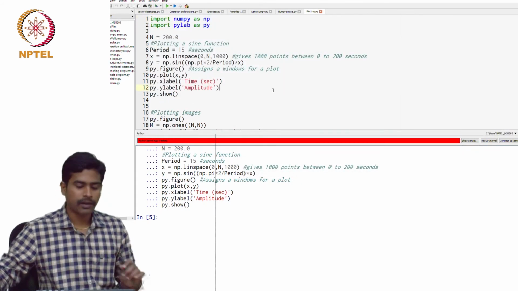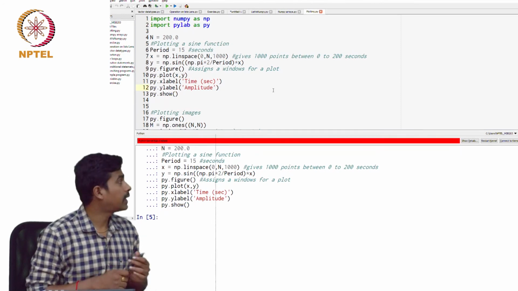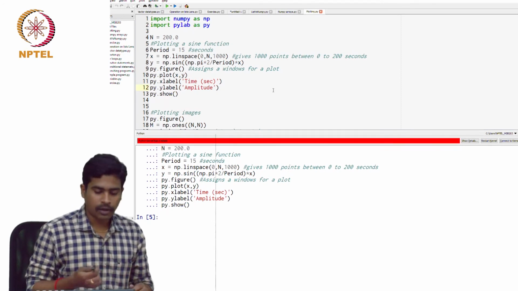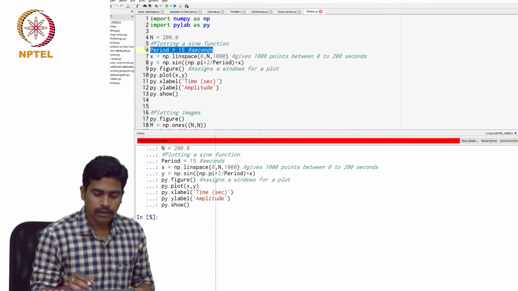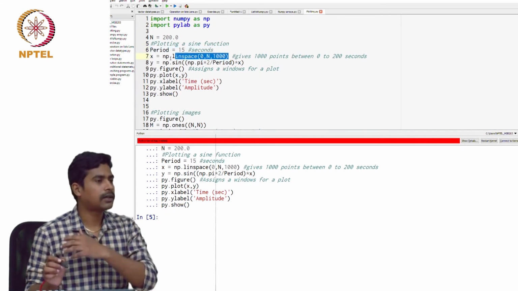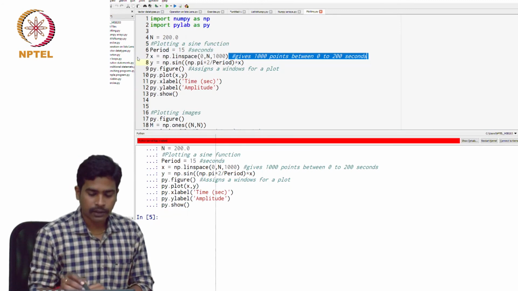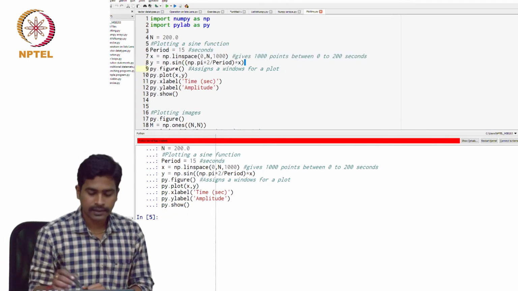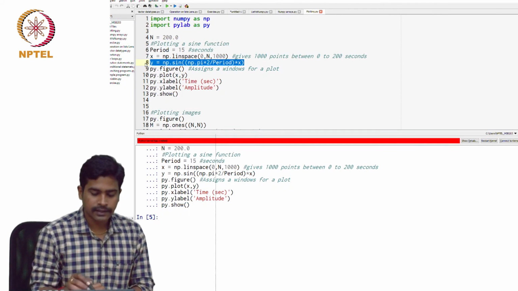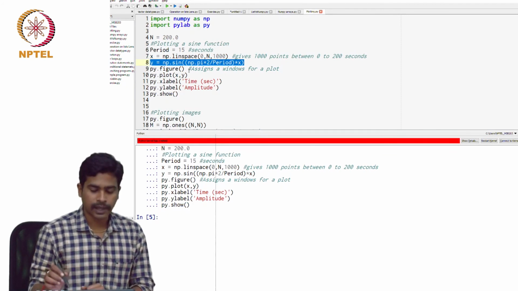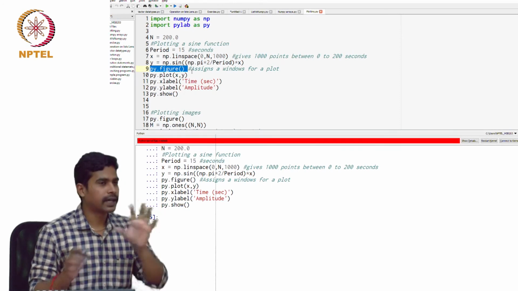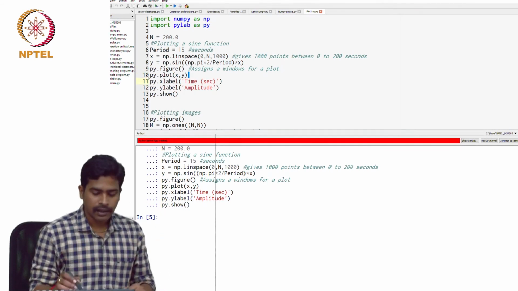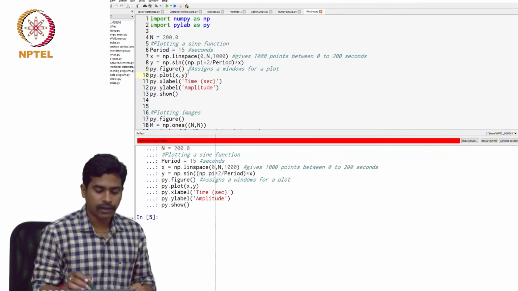So in this program, I have plotted a sinusoid function. In order to plot the sinusoid, I took 15 periods to plot, and I have taken 1000 points along the x-axis, and the value of the sinusoid is calculated by this function, y equals sine of so and so. And this figure command gives a figure canvas to plot. And this command, as I have said before, will be used to plot the data.